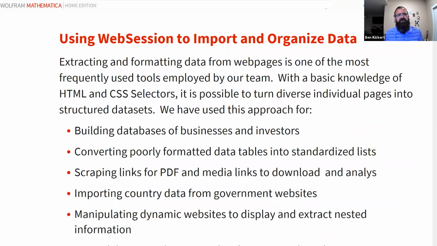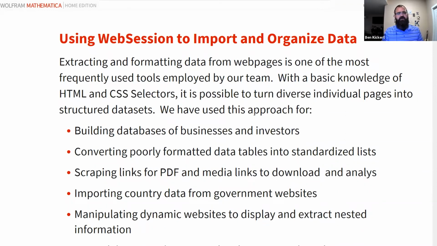Okay, last thing, and I'm going to skim over this one a bit. I want to talk a bit about how we've used Web Session. The reason that I mention Web Session is because we have consistently found as a team that Web Session is one of the most powerful and frequently used tools in our arsenal for collecting data. We have access to a lot of things from PDFs to JSON databases that we can download to SQL databases, but there's a lot of information that gets presented in a website that is structured enough to be able to pull down, but is not something that we're able to access and download in a pre-formatted way.